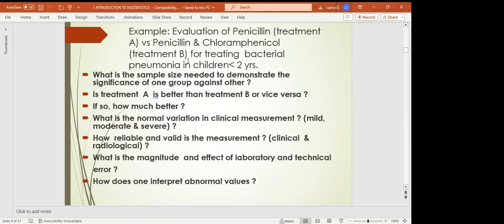Treatment versus, say, penicillin in certain bacterial pneumonia in children. There are some key questions you can ask. First thing, we want to know what is the sample size needed to demonstrate the significance of one group against